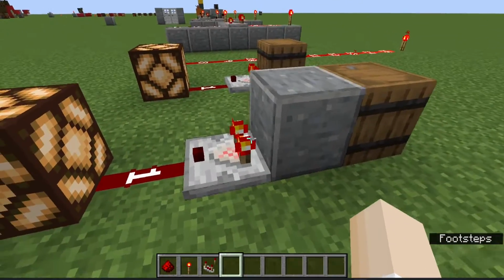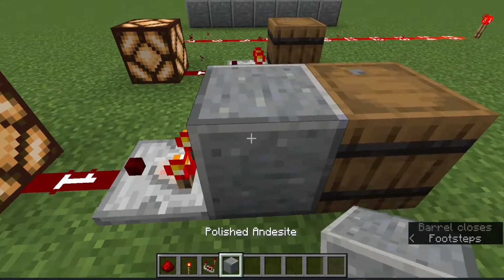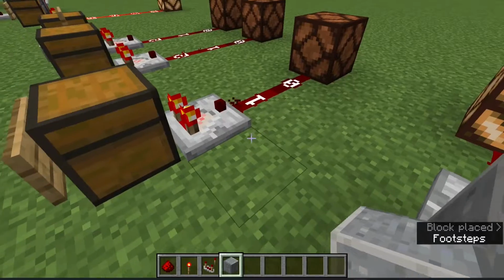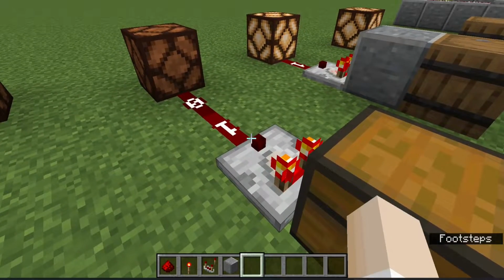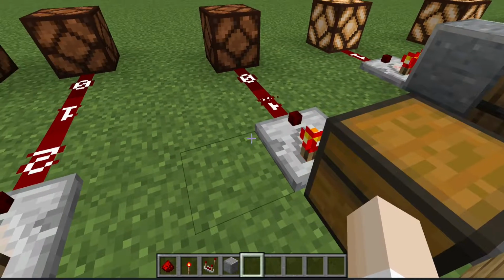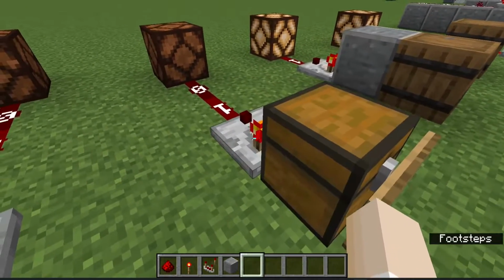Interestingly enough, actually comparators can read through blocks. So I have a block right here, and it's actually reading in this barrel through the block. Yeah, so this is where things can get a little bit confusing. Now, hear me out. I realized I was trying to do the math on my own, and I actually messed it up, but